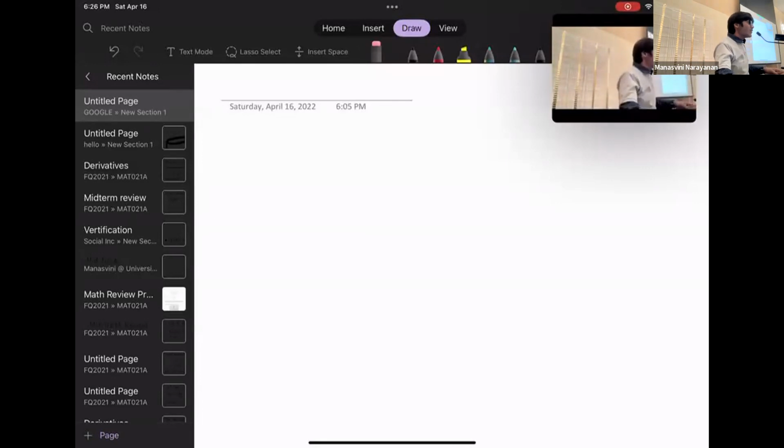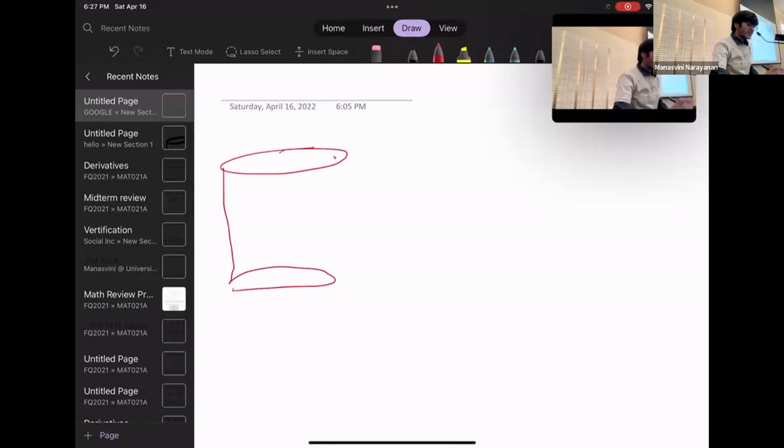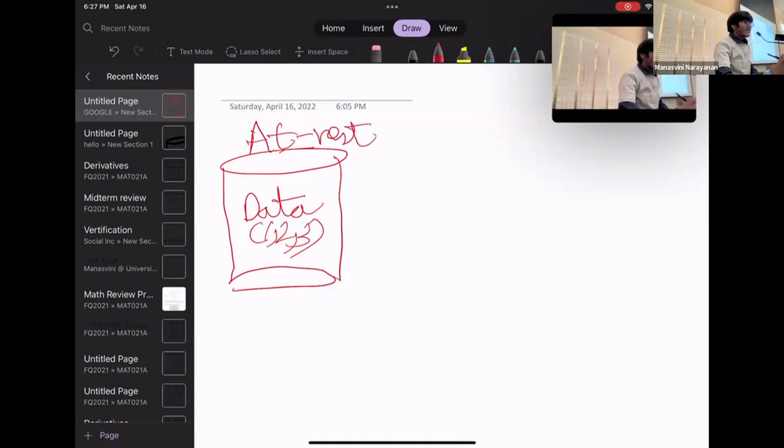So let us look at what the current encryption system looks like. So we have some data which is stored in a storage device. I'm just taking random numbers 1, 2, 3. When it is stored in a device, we say that this data is at rest. There might be situations when you want to transfer this data from one point to another, and we say that the data is in transit.